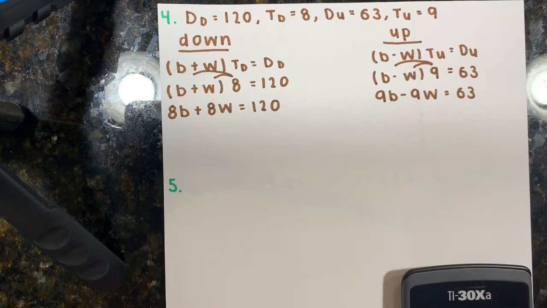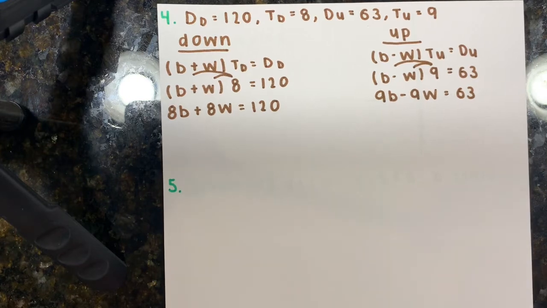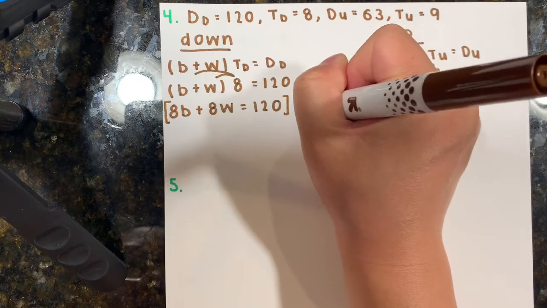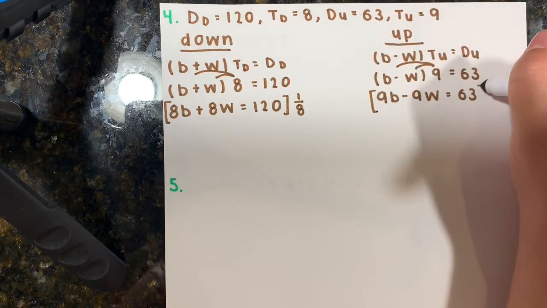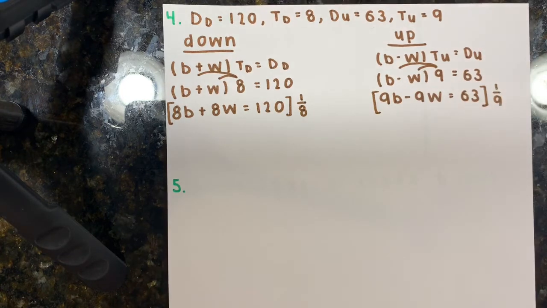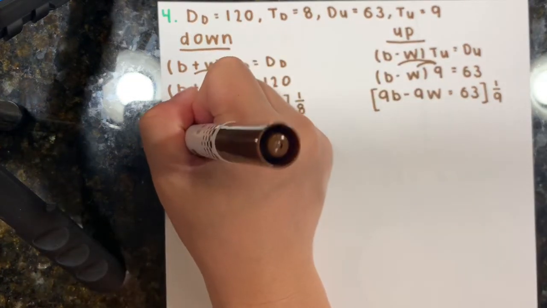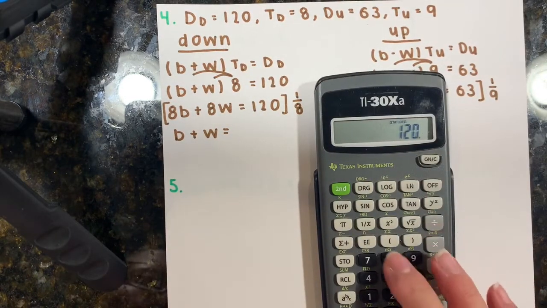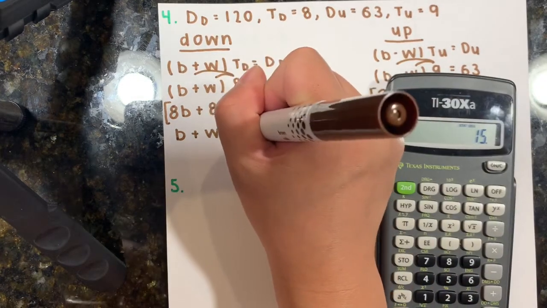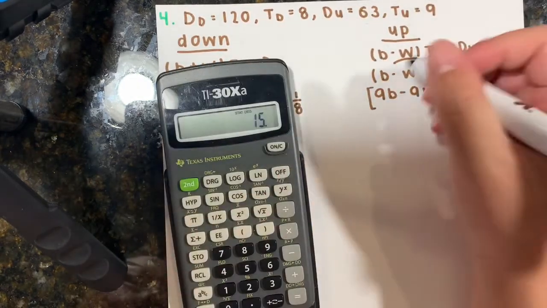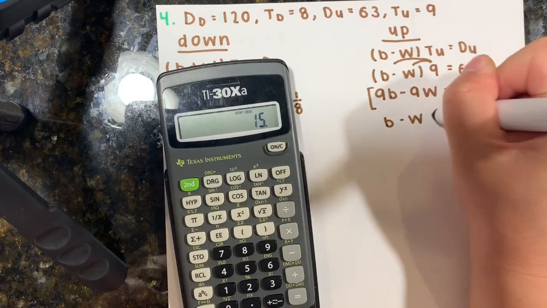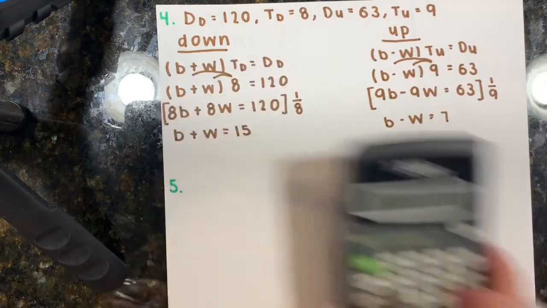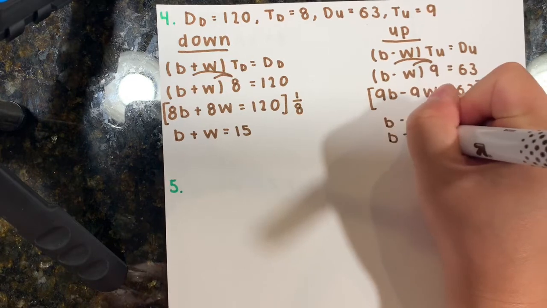Now what I would do is I would actually simplify this equation, because all of those are divisible by 8 and all of these are divisible by 9. So in this equation, that would leave me with B plus W is equal to 120 divided by 8, which is 15. And on this equation over here, I would end up with B minus W is equal to 63 divided by 9, which is 7. And now I'm just going to add these two equations together,